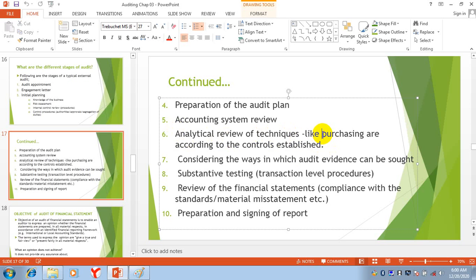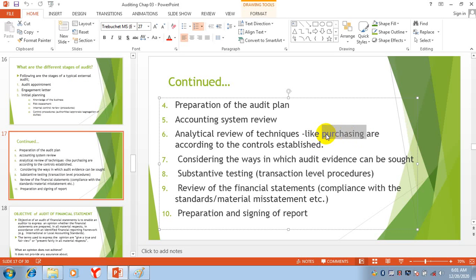Now suppose in purchasing, the company wants to purchase a building. So for purchasing a fixed asset of very high value, there will be some rules and regulations about who will give approval, whether there will be a meeting or not.